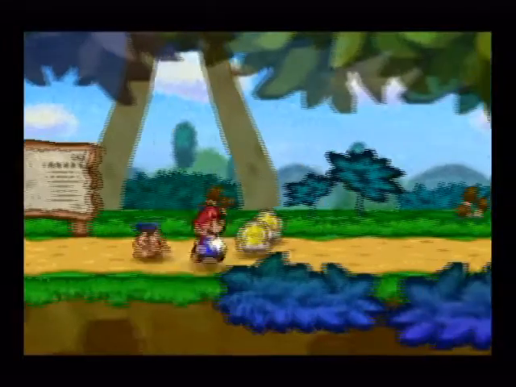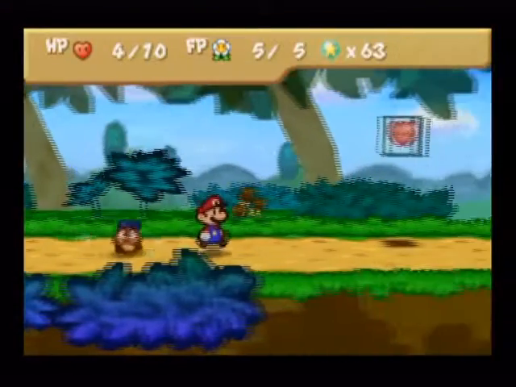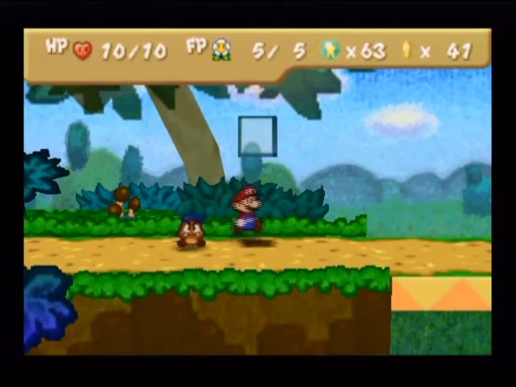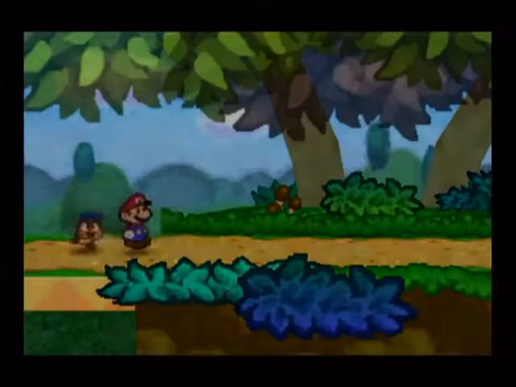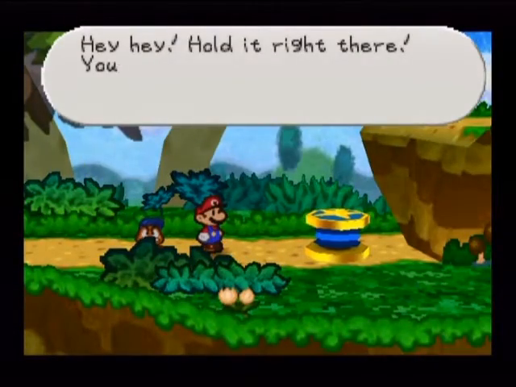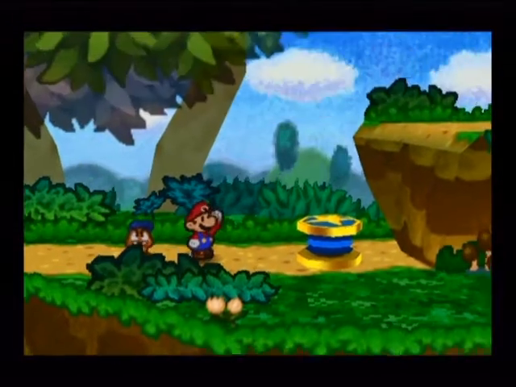Oh boy, and that gives me extra flower points. That's good. Oh, and here's a healing block. I did not actually need to use the mushroom. I could have healed myself at the healing block. Oh, I didn't know I was so close to that. Here we go. And here's a fight